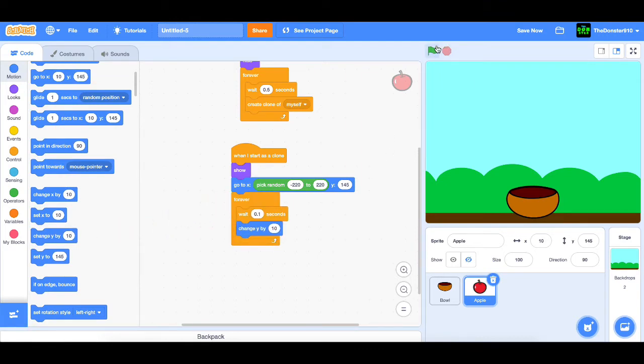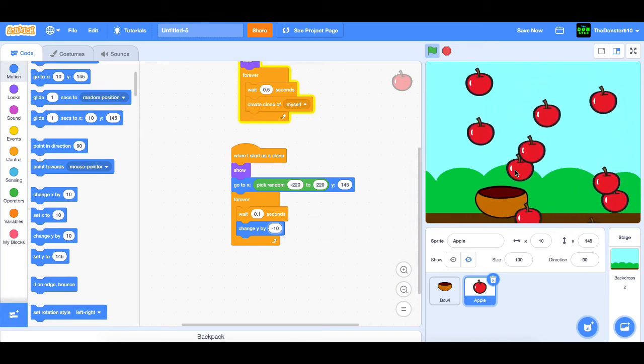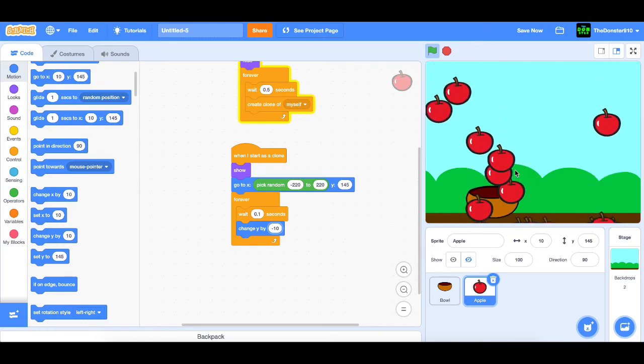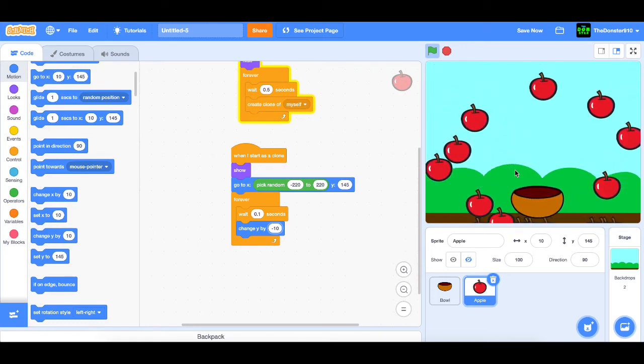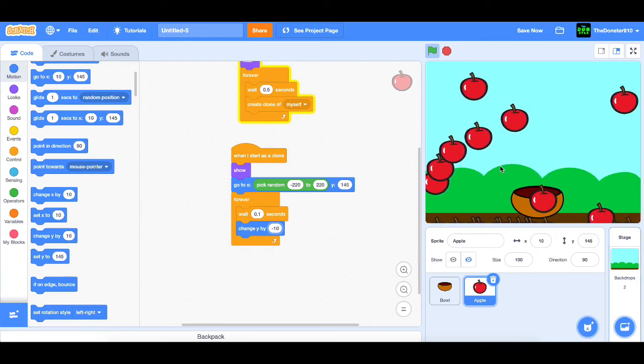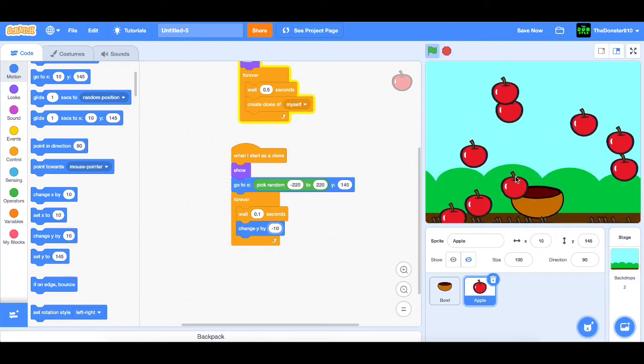So now this will happen. Oh, oops. Sorry. Change y by minus 10. I'm very sorry. Look, now this happens. They fall down. But yeah, they now just fall right through the screen, and you can't really do anything to